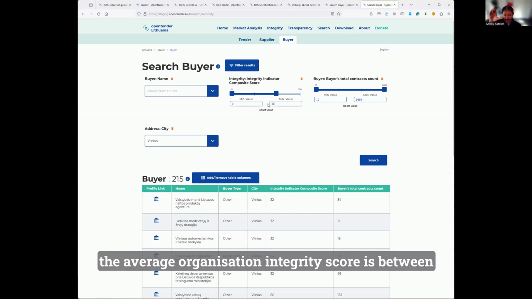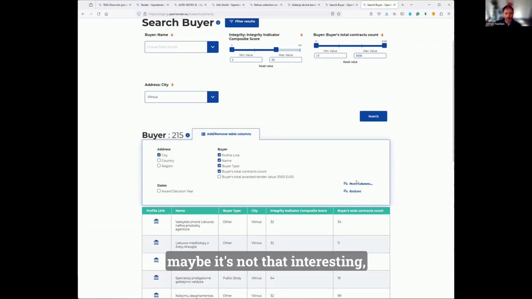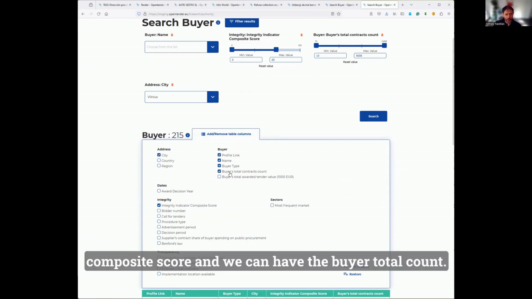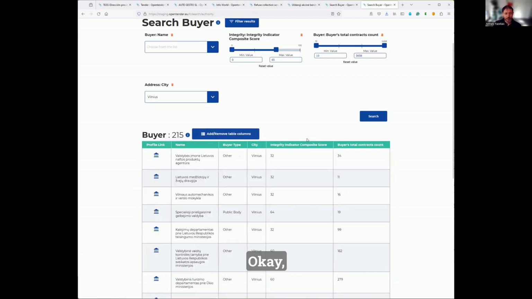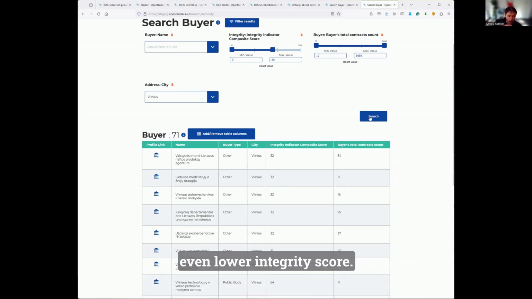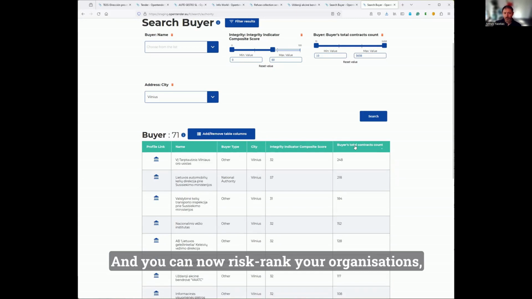The average organization integrity score is between 0 and 75. And those which are residing in Vilnius, again, you can add the name, buyer type. Maybe it's not that interesting, and keep it. We can have integrity composite score, and we can have the buyer total count. Okay, so we can look at basically any entity of interest, or we can further shrink your search parameters to zoom into even lower integrity score,